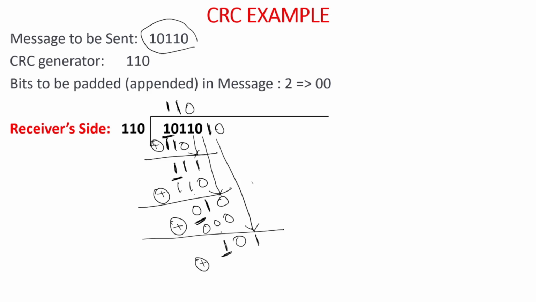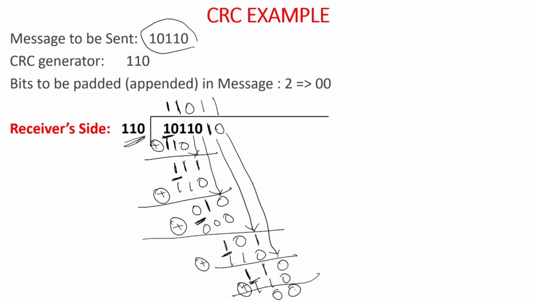Since the first bit is 1, take 1 over here and take the CRC generator as it is. Both the input bits are not same, so the output will be 1. Here also both the inputs are not same, so the output will be 1. Ignore the last bits, whatever is remaining, and take the next bit from here. Now since the first bit is 1, take the CRC generator as it is, 1 1 0. Do the XOR operation. Both the bits are 0, so the output will be 0. Both the inputs are same, that is 1, so the output will be 0.